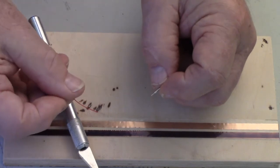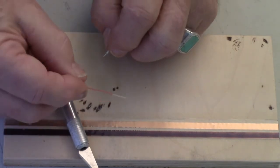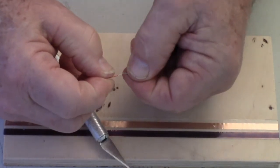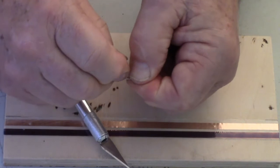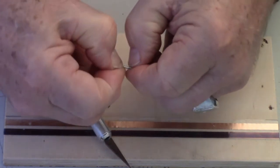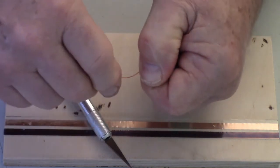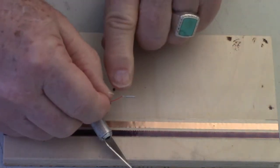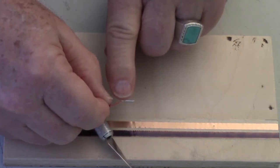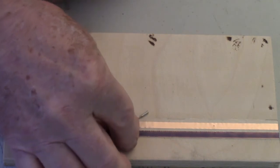I just need to take a piece of our Kynar wire. I'll strip the end of it to about 3/4 of an inch, and then I can hold that part of the wire right between my fingers and wrap the wire around. I'll push the little bit of tail that I was holding on the front edge back onto the tail end and then roll it in my fingers. And you can possibly see that I've got it rolled exactly onto the small tail that's on the micro jack. I then will set it down on the table here,